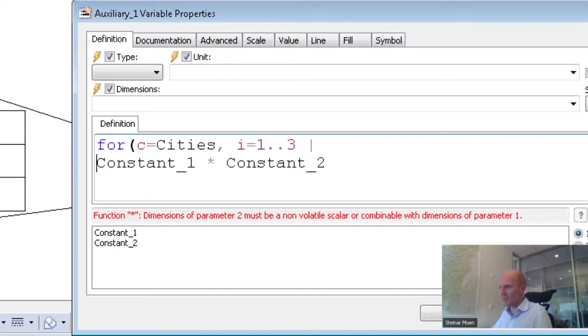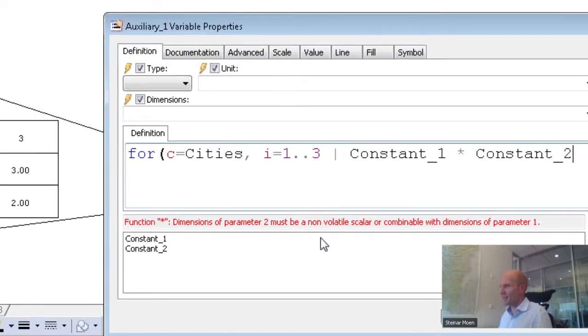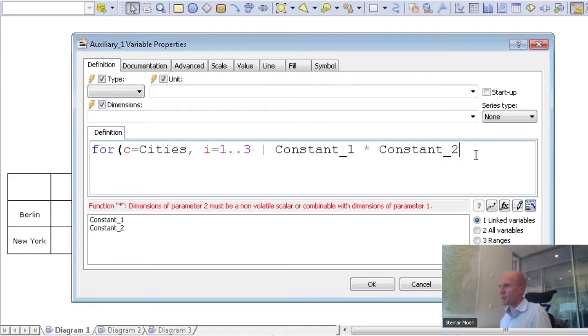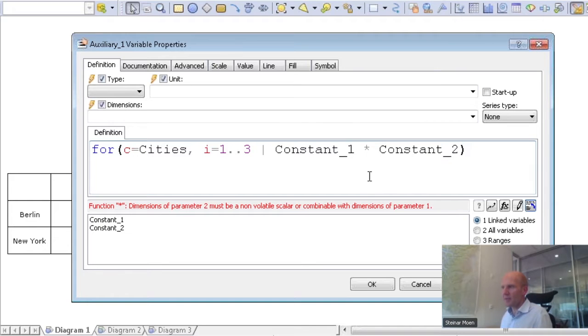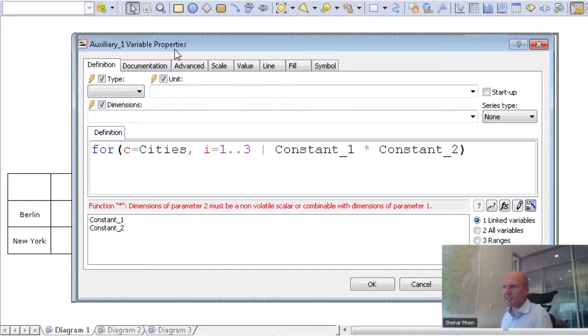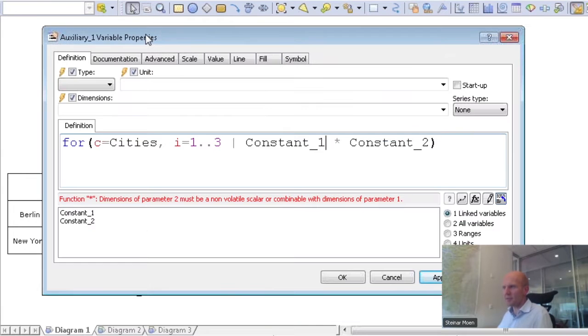No, actually I'm forgetting myself here. I don't want any line breaks here, because that's one of my points later for the missing brackets. But here now, still I'm trying to combine constant 1 by constant 2, and that's something we are not allowed to do. So this error message tells about this one. So I have to pick out some elements from this constant 1. And from constant 1, I have cities, as I see here. So there I need to use